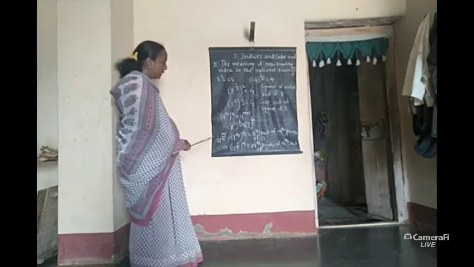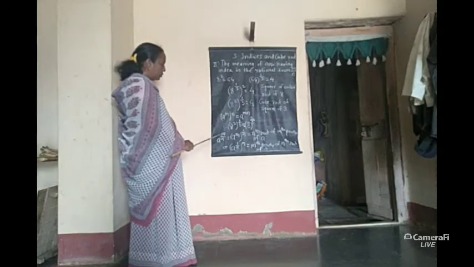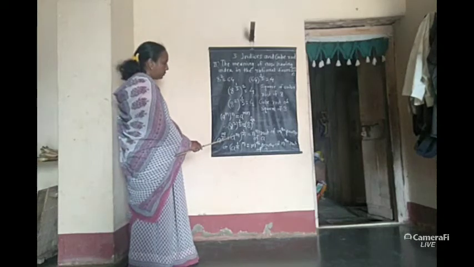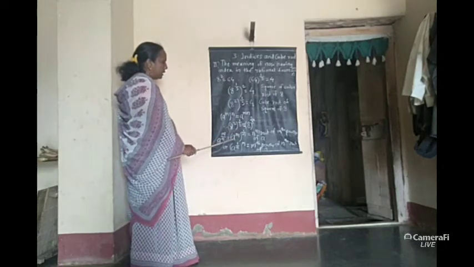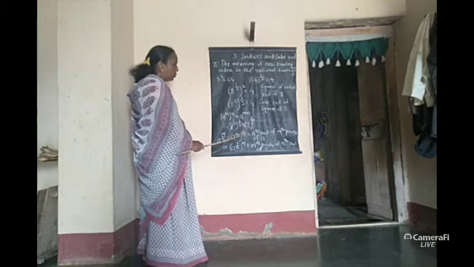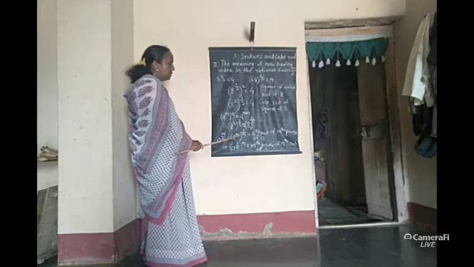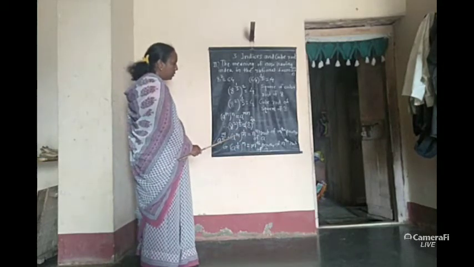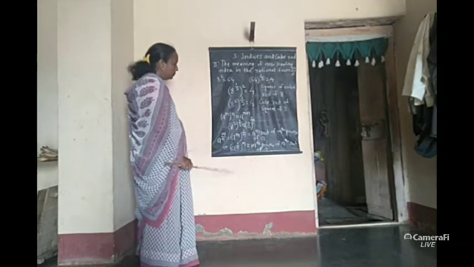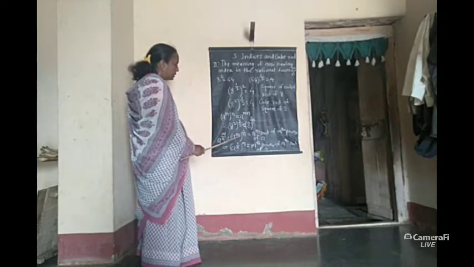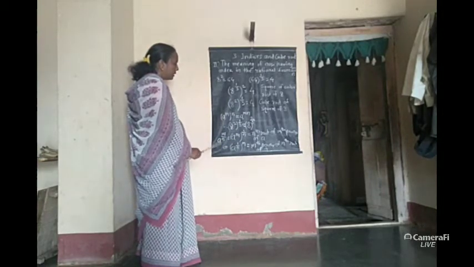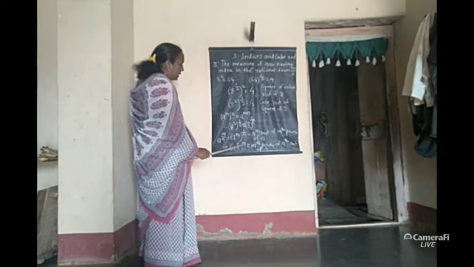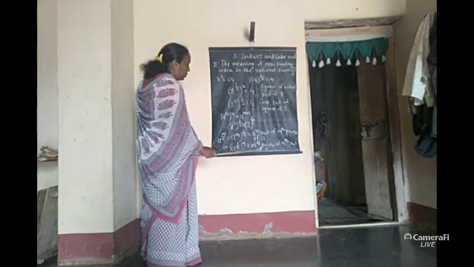Means when your number is a raised to m upon n, at that time we can write it in two different ways. First is a raised to m, bracket raised to 1 upon n. It can be read as nth root of, first we have to read the value which is outside the bracket. Here, nth root of mth power of a. This is the first method. Or it can be written as 1 upon n index inside the bracket and m outside the bracket. Now we have to read power first and then root. We can read it as mth power of nth root of a.